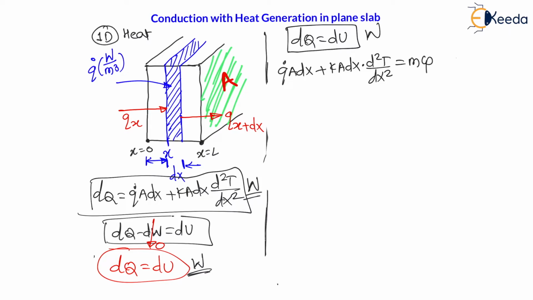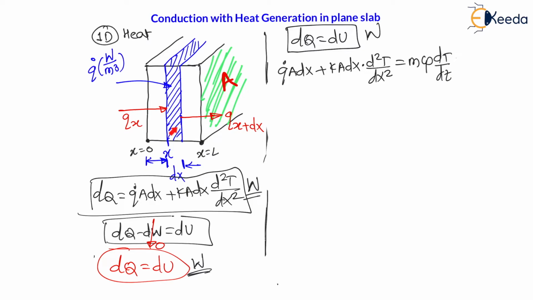As it is a solid, we have to use specific heat at constant pressure only, because for solids and liquids there is no concept of more specific heats. There is only one specific heat, which is at constant pressure. And for gases there is a specific heat at constant volume, at constant pressure, for a reversible adiabatic process and for a polytropic process. Therefore m cp dT/dt.